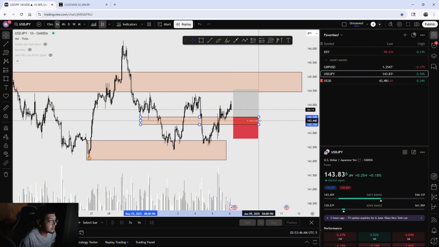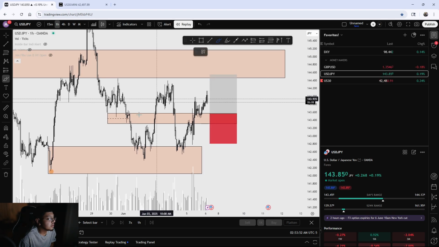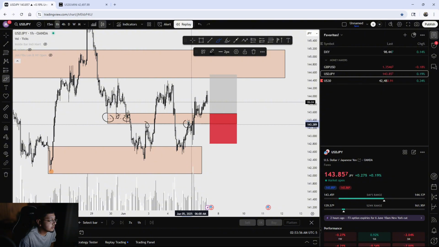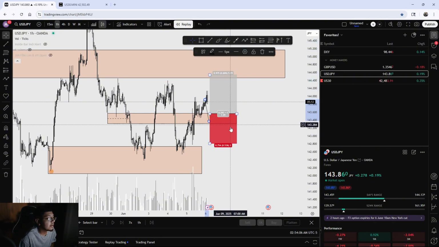So now we have a support area, and price is just reacting off the zone. So you can see right here, here, here, here, here, and here. We get a lot of reactions from the zone, and what I want to see is price actually come back into the zone,